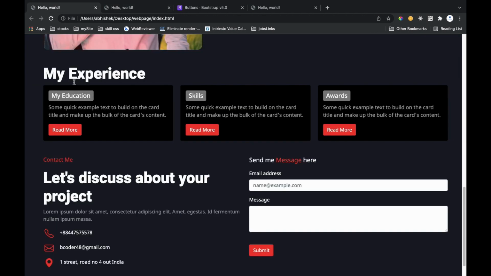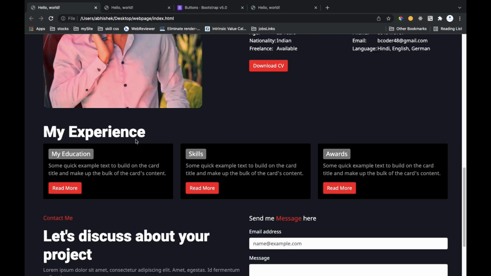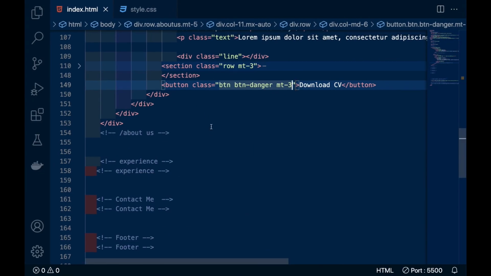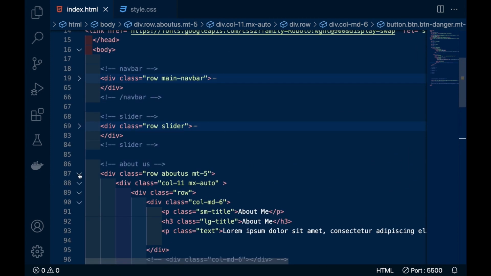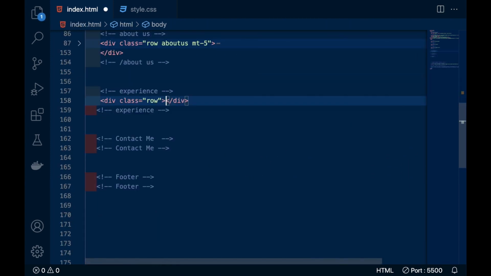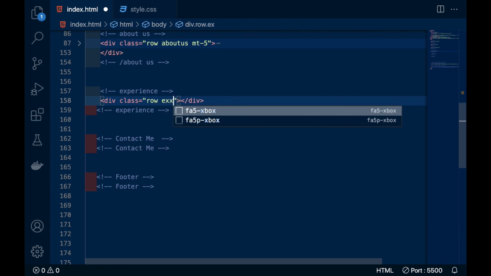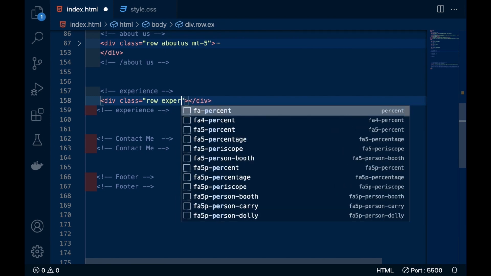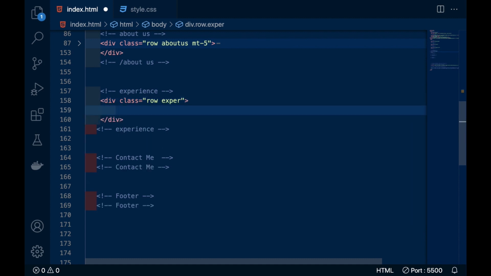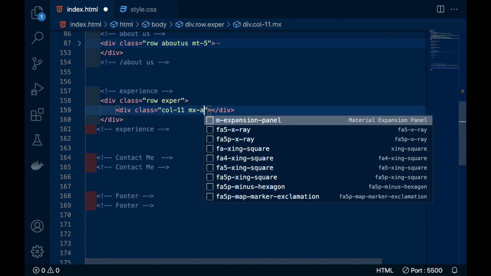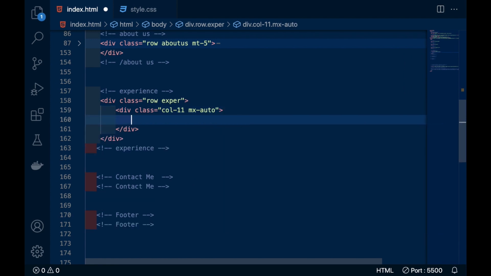And the next section is my experience. So here we will just close this. I will write a div and give it a class name experience. I will not write the full name, just column 11, and it would be mx-auto.